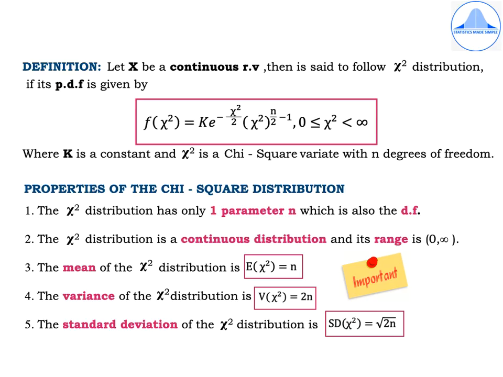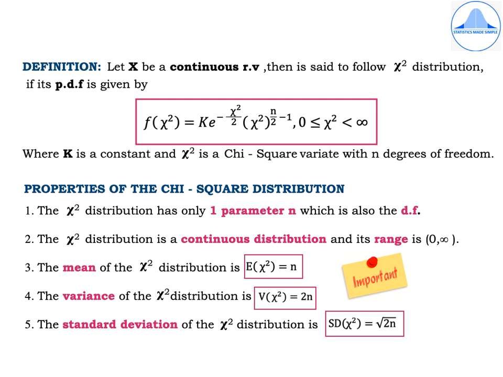Let us first learn the definition of a chi-square distribution or the PDF of a chi-square distribution. Now please keep in mind we are not talking about a chi-square variate, which I have defined in my previous video, but now we are defining the chi-square distribution. Now the PDF of the chi-square distribution is lengthy and it has to be practiced a few times so that you are able to write the expression correctly, and normally it is asked as a 2 mark question. So let us start the definition.